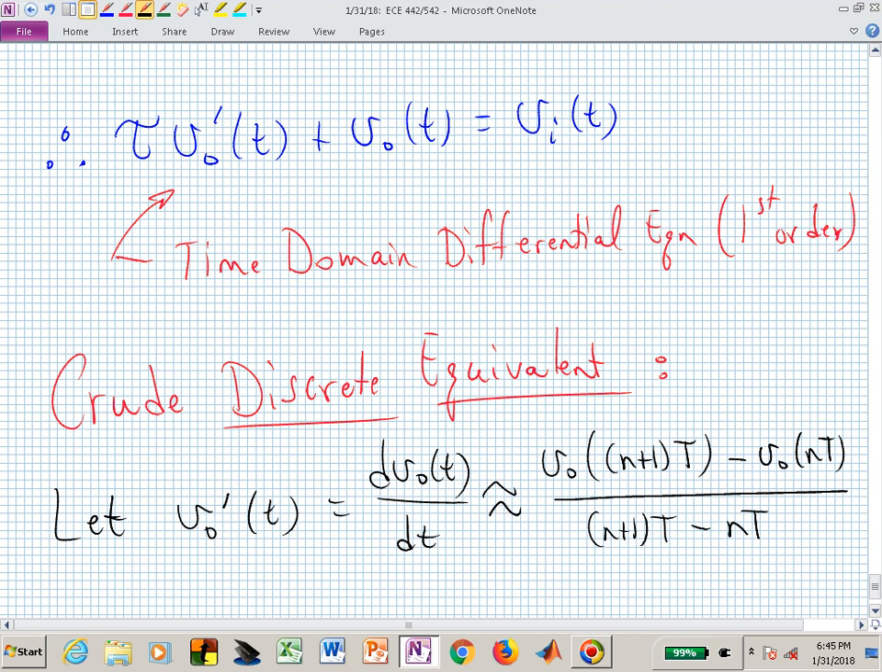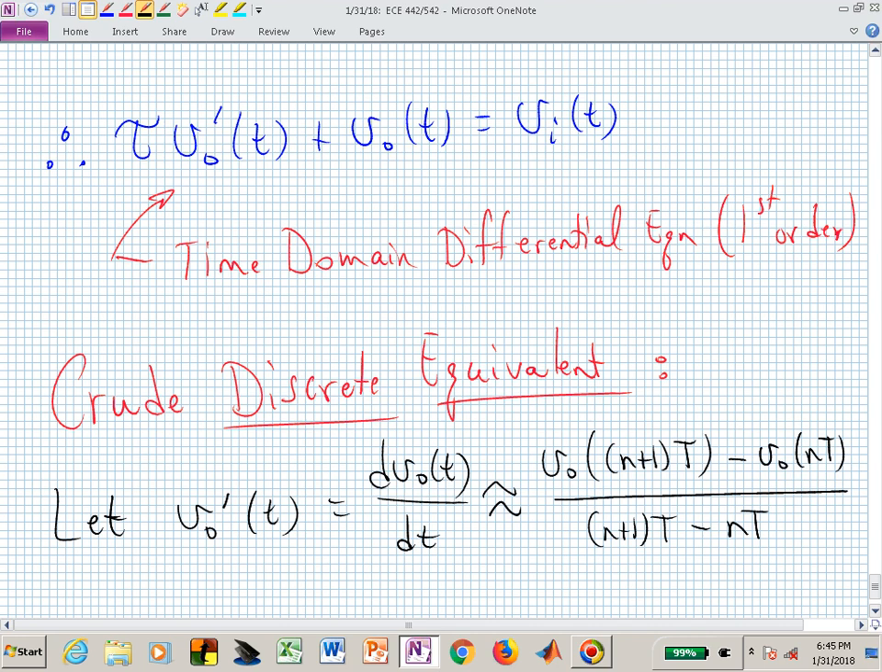And we can clean up that denominator. The denominator just becomes capital T. So I'll let you go home and come up with a first order difference equation that replaces this